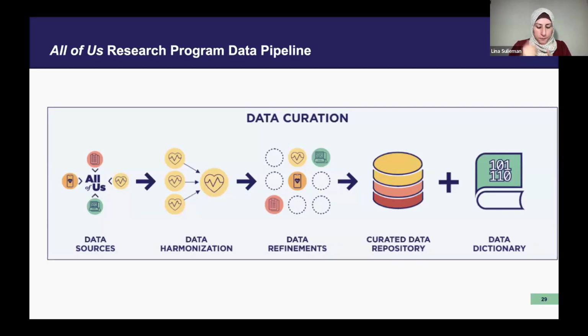For example, the EHR. Some of the sites will be using a system called Epic. Some of them will be using a system called Cerner. And even the data, how it's formatted or represented in their EHR, will be different. So what we do is we extract all this EHR data, digest it, and convert it into something called the OMOP Common Data Model, which is a standardized common data model that a lot of healthcare organizations